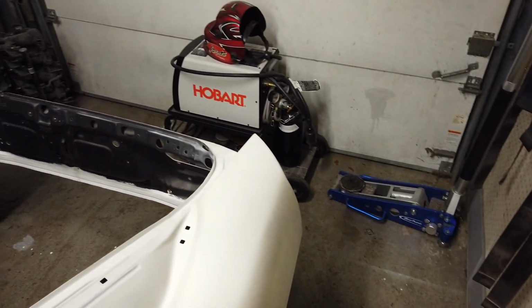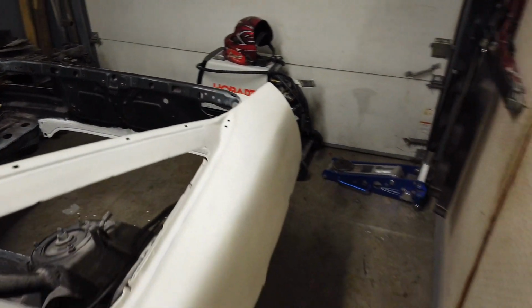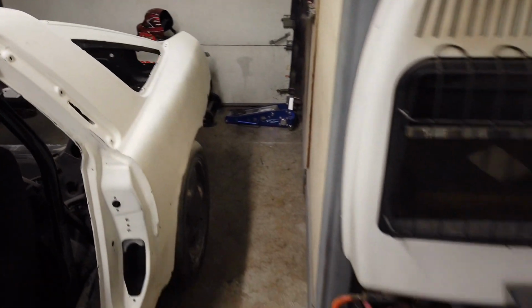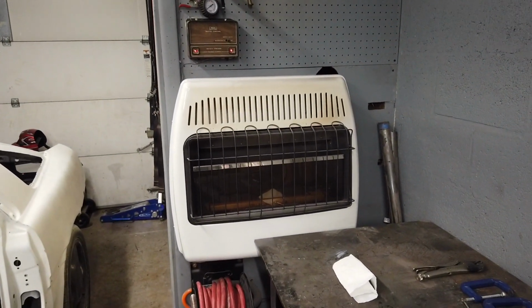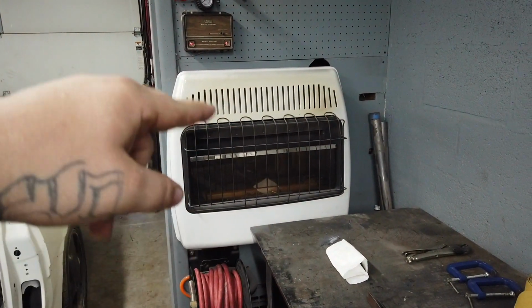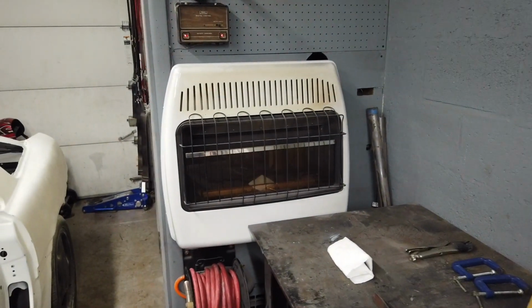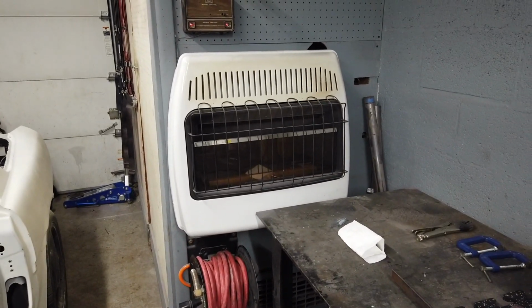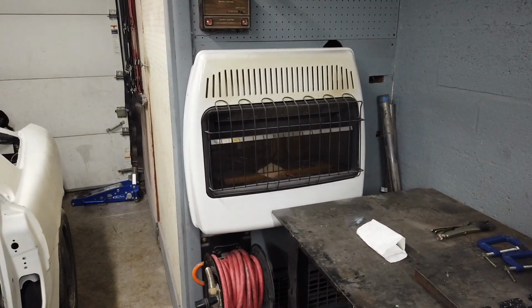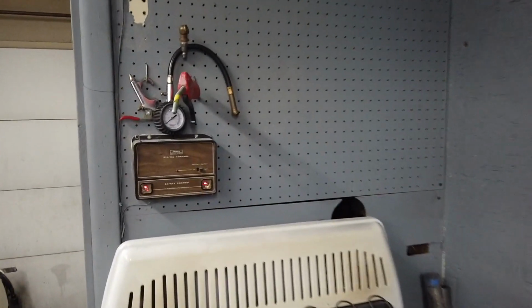Got my Hobart welder back here. Doing some welding on the rear panel of this car. Got this little natural gas heater. It runs off the same gas as the heat for the house right inside the closet, so it was easy to just run a line. I'm over here in Indiana, so it gets really cold, so I like to try to heat it in the winter. Garage door opener. Above that I got